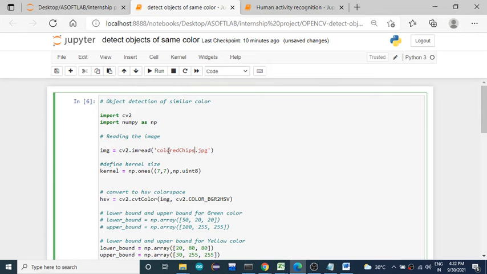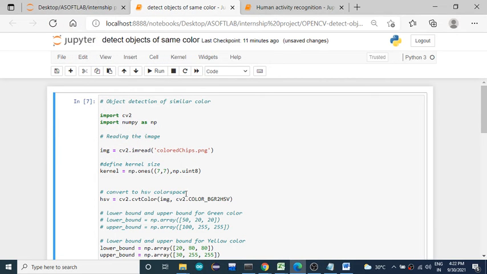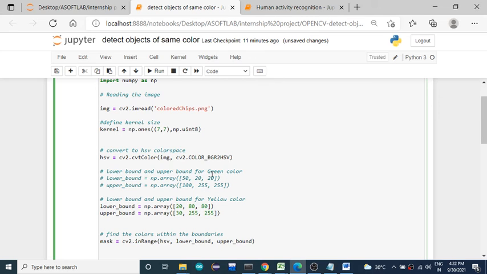I hope everybody has this image, .png. See, are you able to recognize this? So we have boundaries around the yellow object. Okay, only the yellow object. If we give the boundaries for red here... see here I have boundaries for green. Okay, we can check that also.